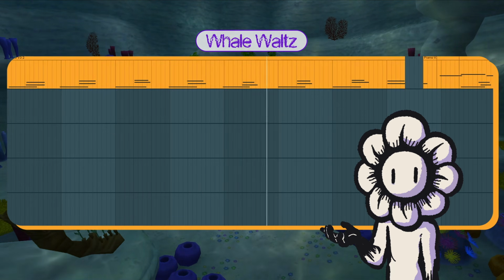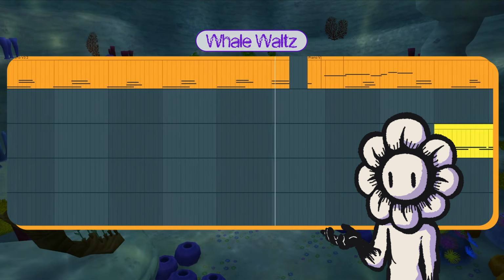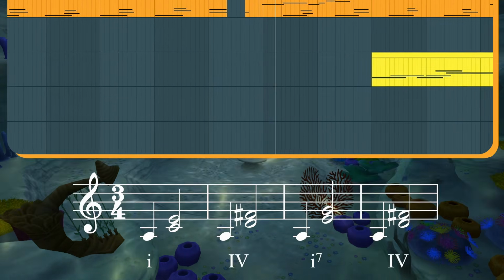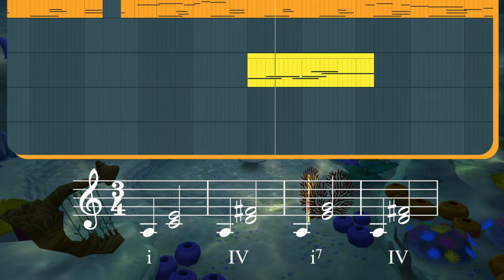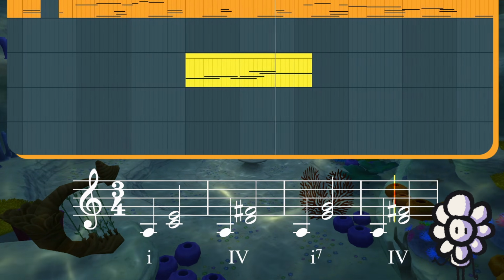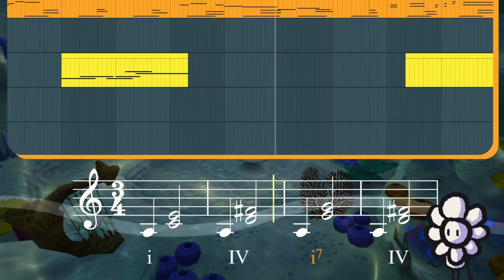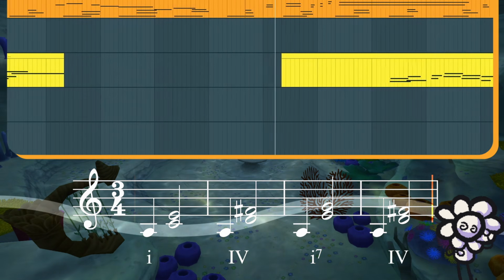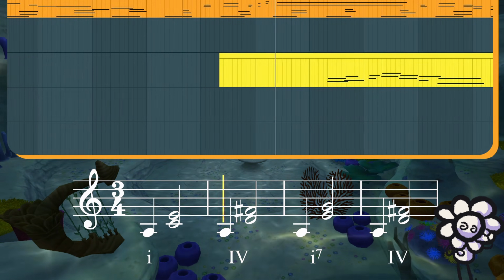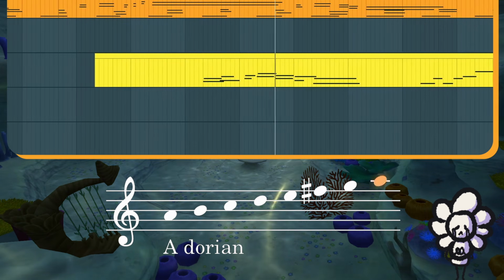This chord progression is pretty simple. Like much of the other chord progressions, we're just moving from the 1 to the 4 and then back to the 1. But it sounds very relaxing because we instead go up to the 1/7 before going back down in this wave-like motion. That's probably like the 10th time I've mentioned waves in this video.